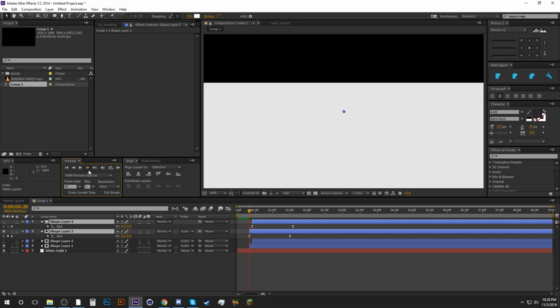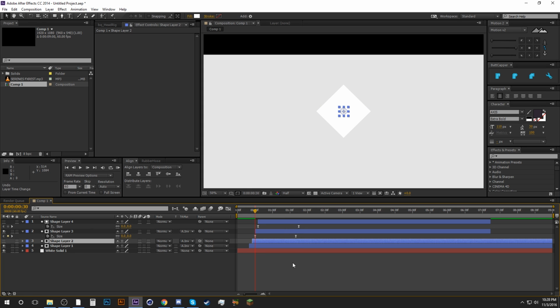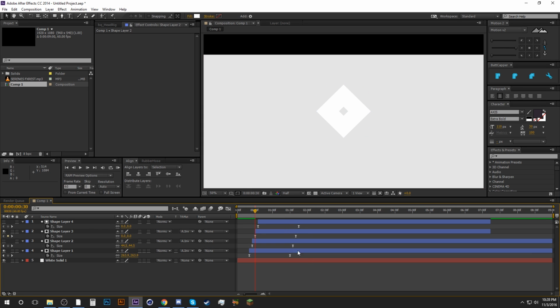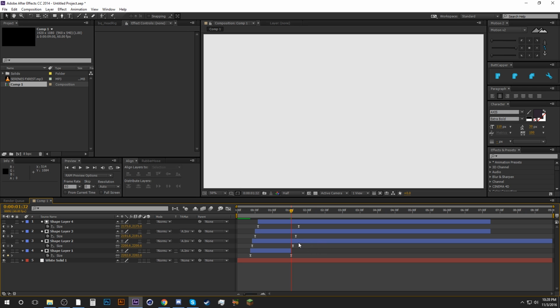But what we can do is go ahead 10 frames and move this in, and once again we can also optimize these layers by cutting them when they're not visible anymore. So to cut a layer, you do Command or Control Shift and D at the same time. Make sure you're at where you want to cut it, and then you can hit delete on your keyboard. So do that for all these layers at the last keyframe,